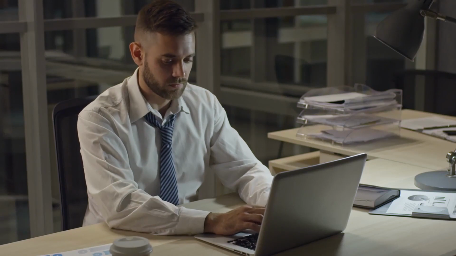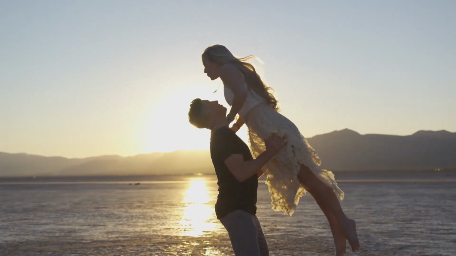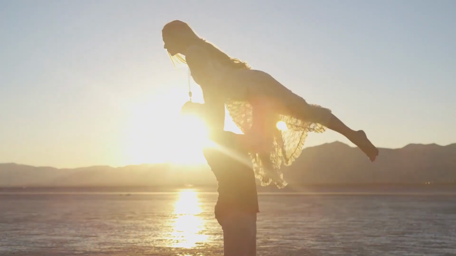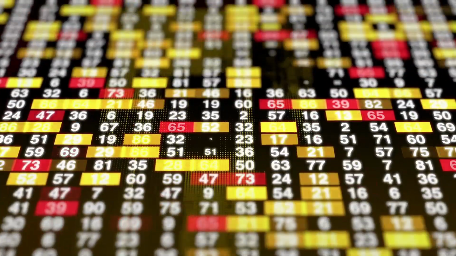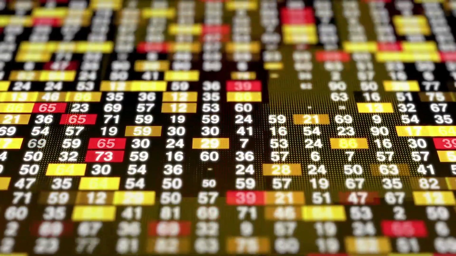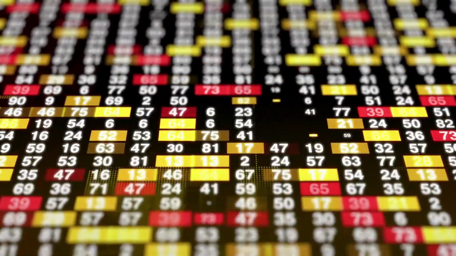Whether that means escaping the 9-to-5 drudgery or just improving your quality of life, I'm here to help you by providing you with valuable investing tips and strategies. Investing into the stock market can be confusing for many. With so many different financial metrics, it can look like a foreign language or even hieroglyphics.